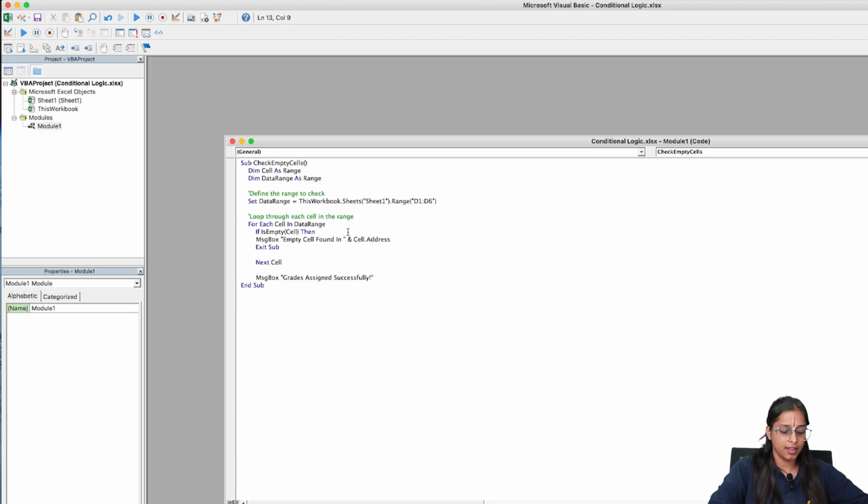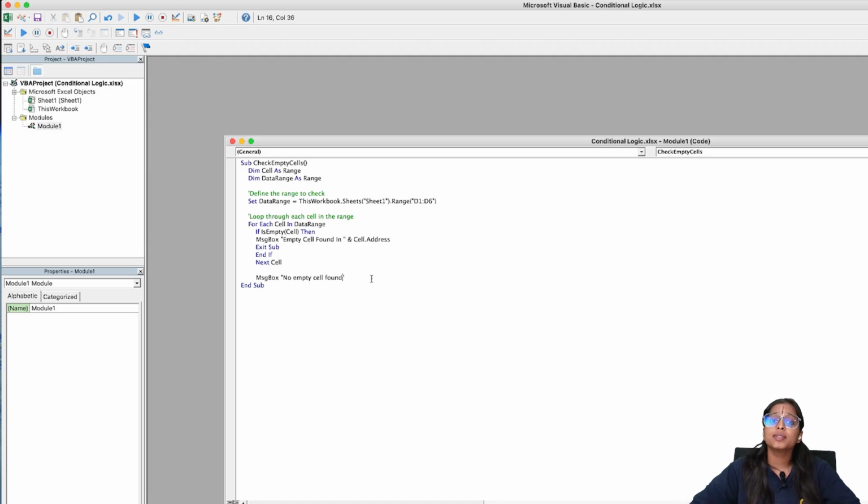Then I am going to end my if statement. Then Next cell. Now I'll pass the message box as no empty cell, so that if there is no empty cell, it can give me a message. I'm going to end sub.